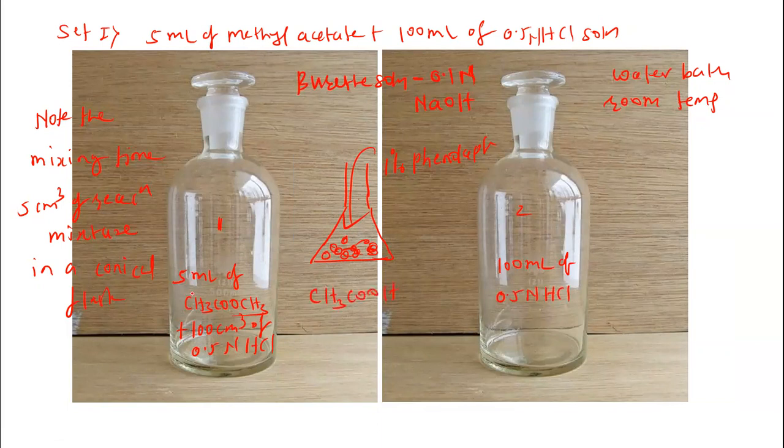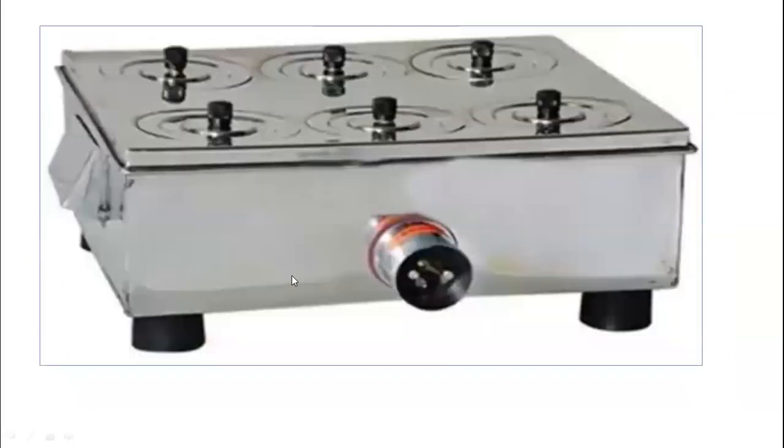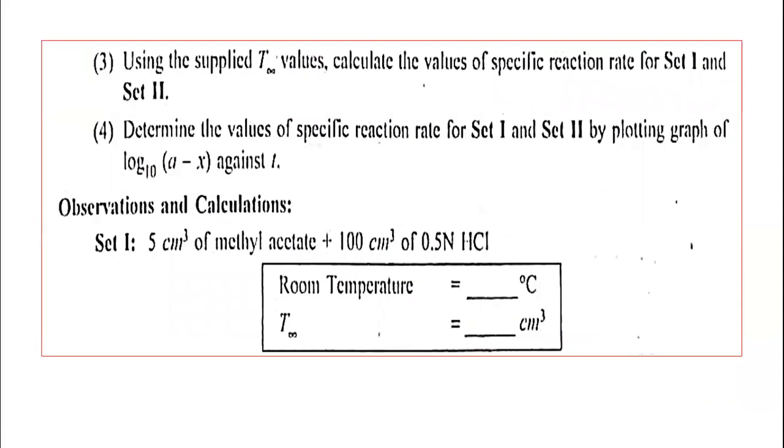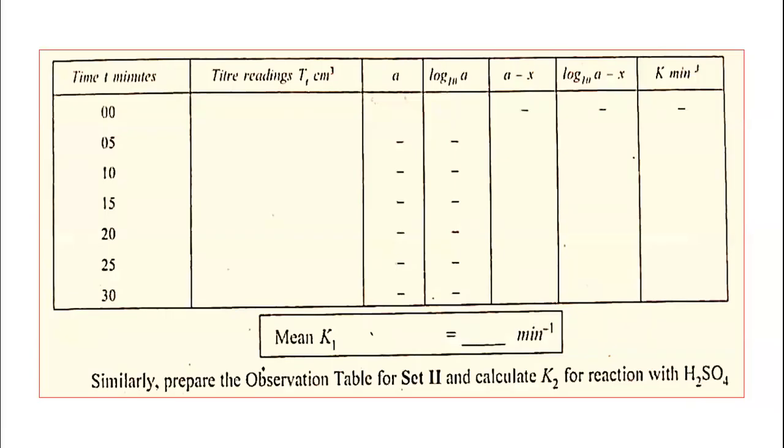So now after 5 minutes we have to withdraw the reaction mixture once again and add it into a conical flask which already has the ice and phenolphthalein indicator. Then once again we have to perform the titration, the second reading. In the same way, we have to perform the titration, and that reading should be written